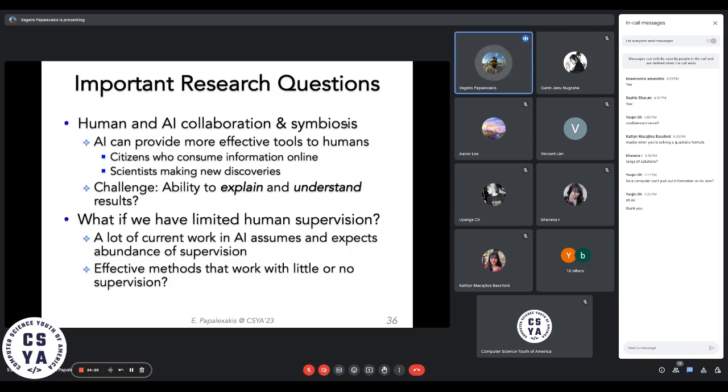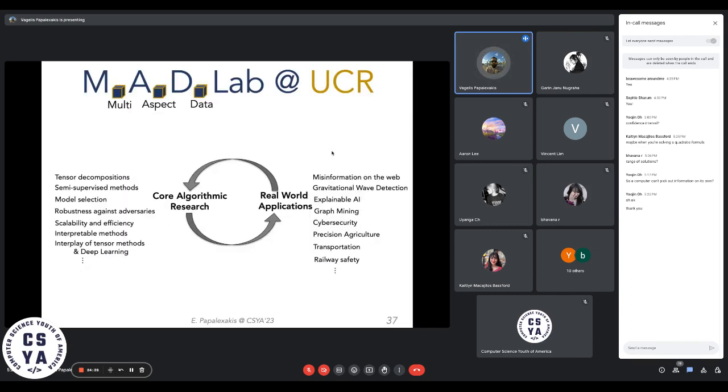And how do we do all that with very limited human supervision, where we cannot afford, or there's no possibility for us to have millions and millions of annotated data sets that we can use to do supervised learning, right? So those are the questions at the center of the work that we do. And my lab, the multi-aspect data lab at UCR, we basically move between core algorithmic